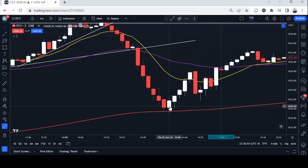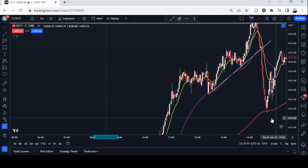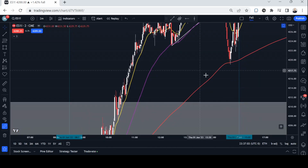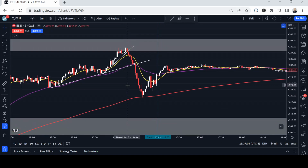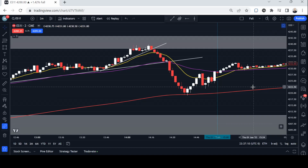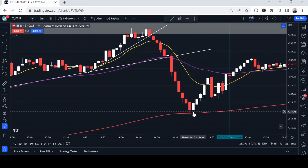And so I immediately shifted gears and thought, well, that was a big pullback, but the trend had still been up from where we were earlier. It was a big run up today, so it's not unusual to have a pullback like that. So I flipped immediately, and I did the same with the same thought process. Okay, if this is our new area where we're going to bounce off the 200 and not get through it, then as soon as I closed this position, I took a long and put my stop right below this wick,